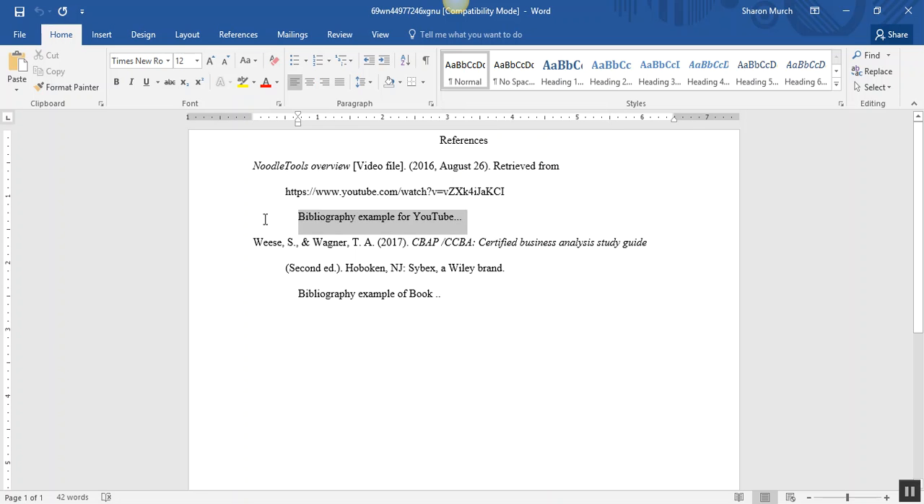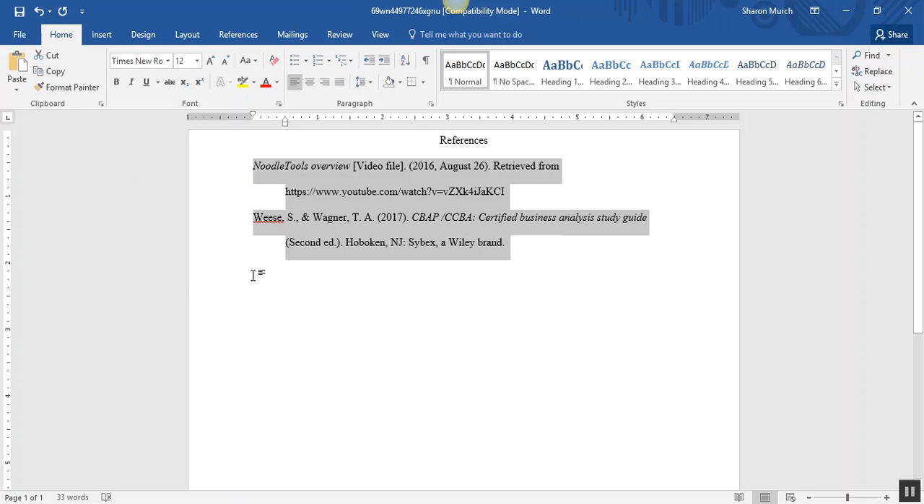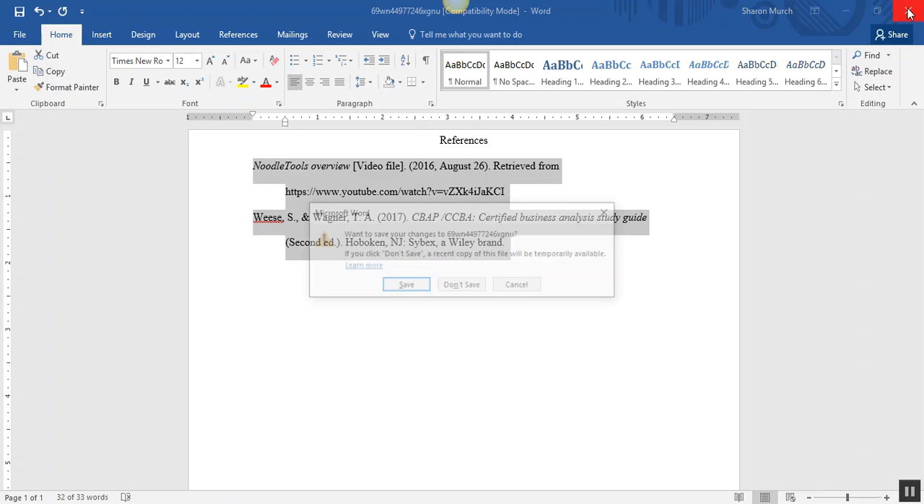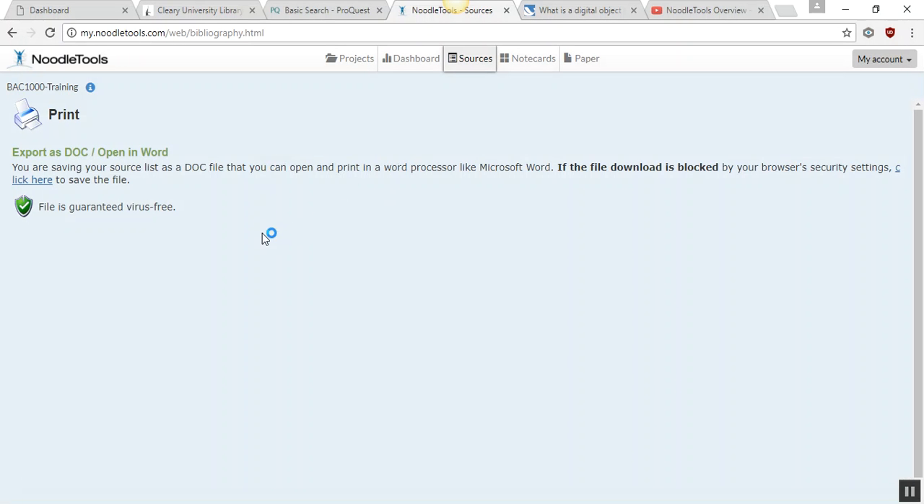But for your reference page, all you have to do is go in and delete those annotations, and there's your reference page. You copy this and you paste it right into your paper that you're writing under your reference section, and it's in proper format. So very, very easy. This NoodleTools is a very good tool. So let's jump back over to